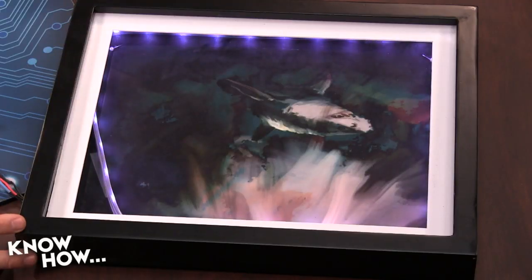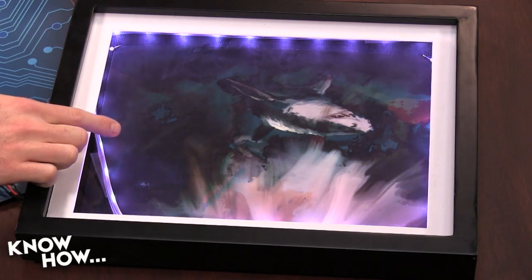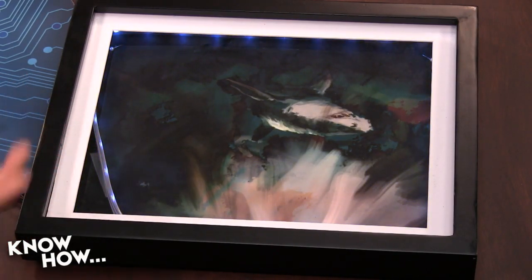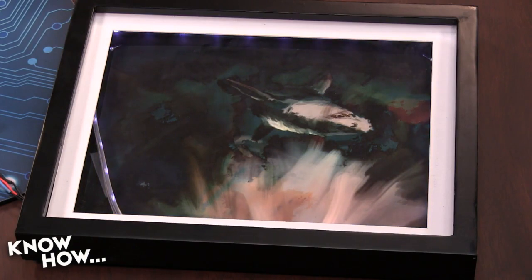And so what I have sitting on the table here is a little project that I had done for the Screensavers. A friend of mine, Nord Vogel, did the artwork of this shark, and I've had it for a long time, and I've always liked the idea. I like the way he painted the light coming in from the surface. I was like, that would be really neat if I could somehow oscillate LEDs to make it look like